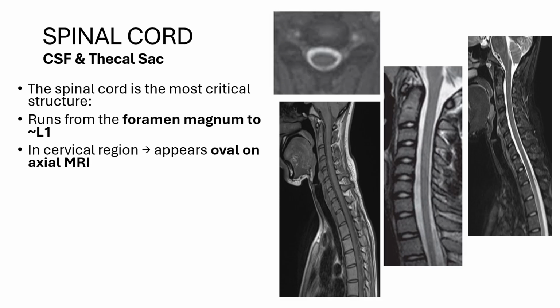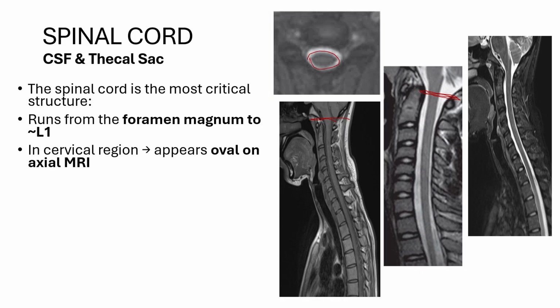Another most critical structure is the spinal cord, CSF and thecal sac. The spinal cord is the critical structure that runs from the foramen magnum to the L1 vertebra. This is the foramen magnum, and it runs from the foramen magnum to the L1, L2 level, and this is called the spinomedullary junction. The spinal cord is oval shaped in the cervical region, as we can see in this axial